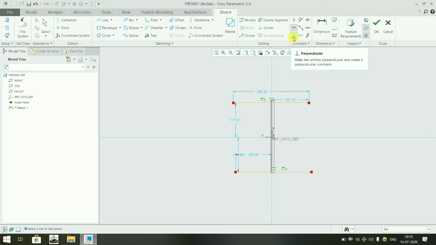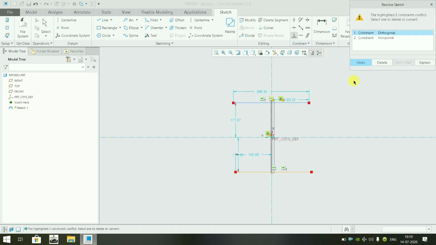Now if I want to make them perpendicular, I can. So select the line and the axis. We got a notification box: the highlighted two constraints conflict, delete or convert. I'm just going to close this.